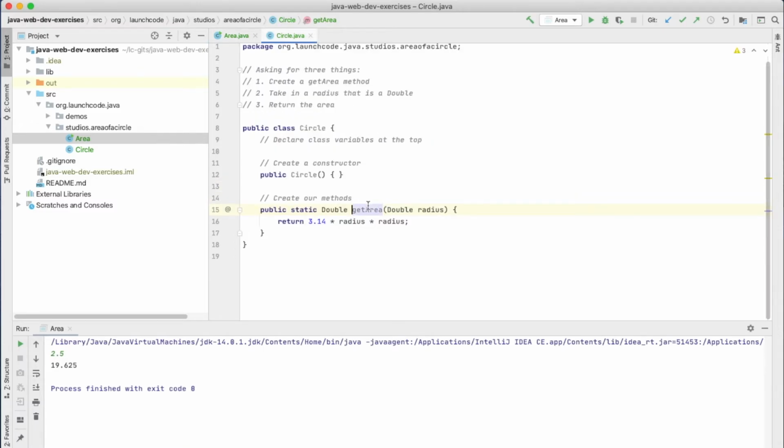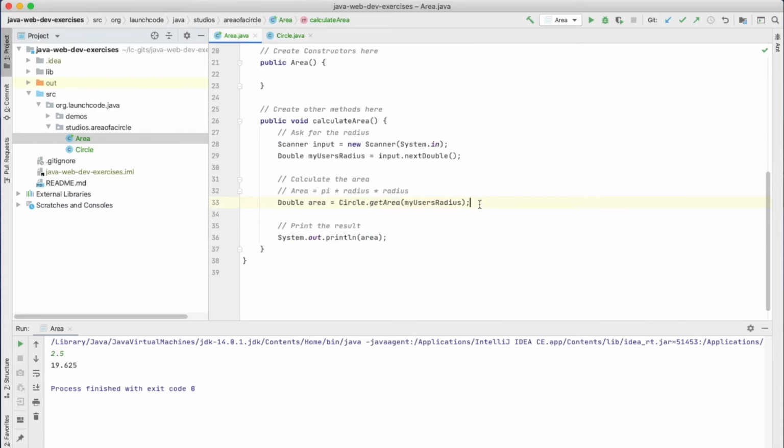It's because getArea is static. And when it's static, we don't have to create a new instance of the class to access it. We can just access it directly. So moving back to calculate area method, we're going to test this out. We'll run it again, and then we're going to type in 2.5 once more. And we see that we're still getting back